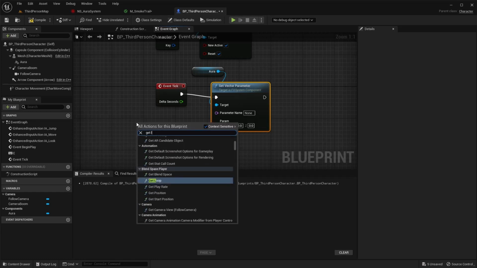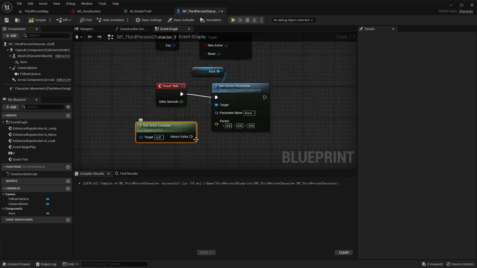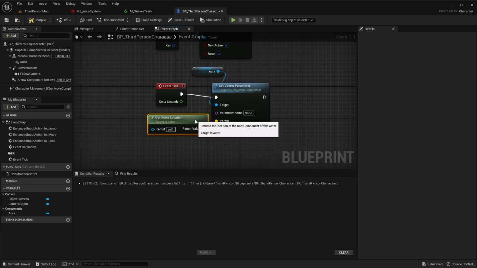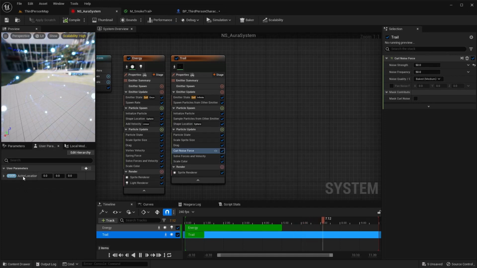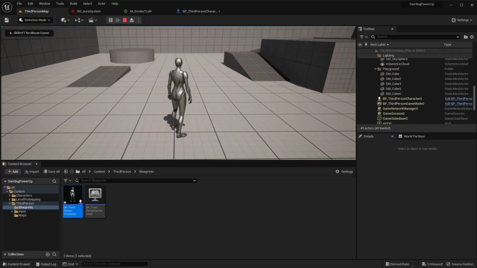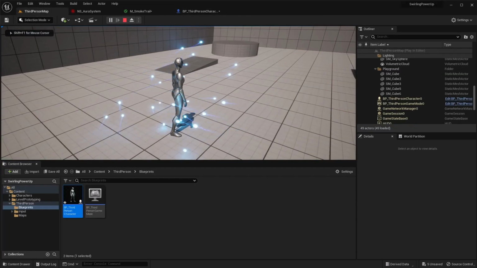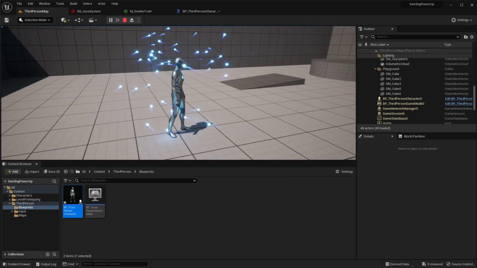So get actor location and plug this into this parameter. And to make this work for the correct parameter, we need to go get the name of that parameter and type it in here. So it was actor location. You can copy and paste it in or just type it in. And now if we go run this, we see it stays around our player and we have all the lights that we want.